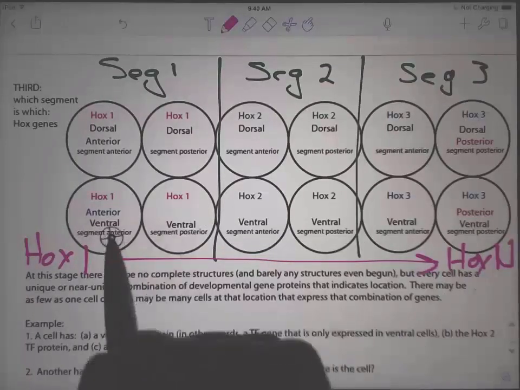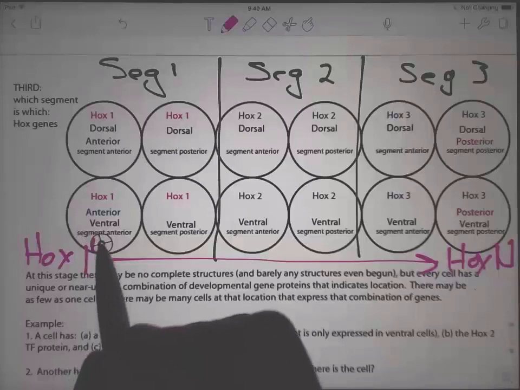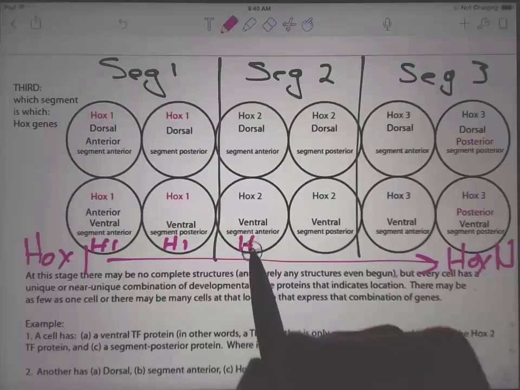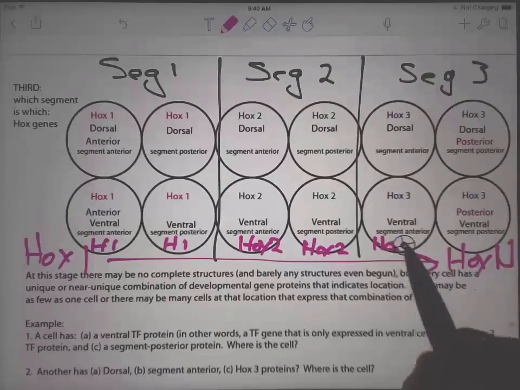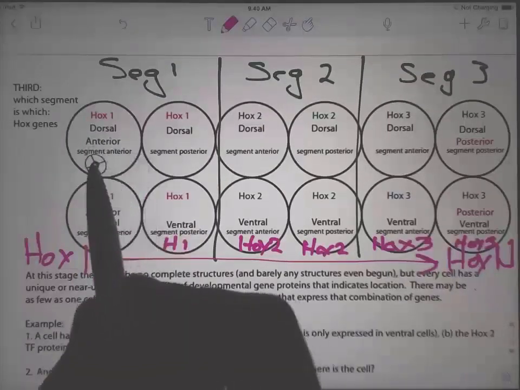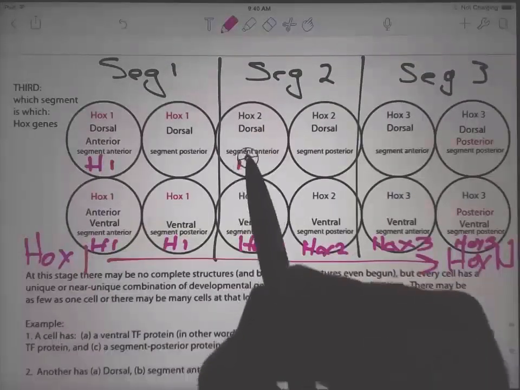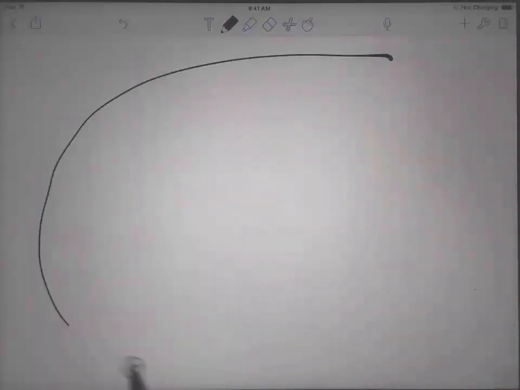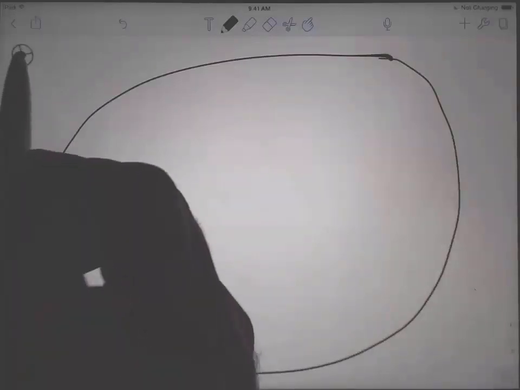So in this case, it's Hox 1, Hox 2, and Hox 3. And same up here, Hox 1, Hox 2. Let's imagine we have a nucleus